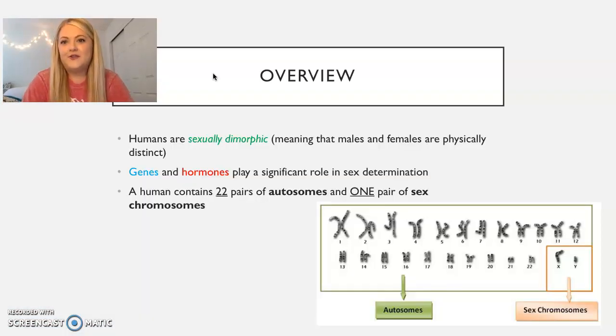So a quick overview. Humans are sexually dimorphic, meaning that males and females are physically distinct. Di meaning two. Genes and hormones play a significant role in sex determination. A human contains 22 pairs of autosomes and 1 pair of sex chromosomes. And if you see in this picture over here, here's all of our 22 autosomes and 1 pair of sex